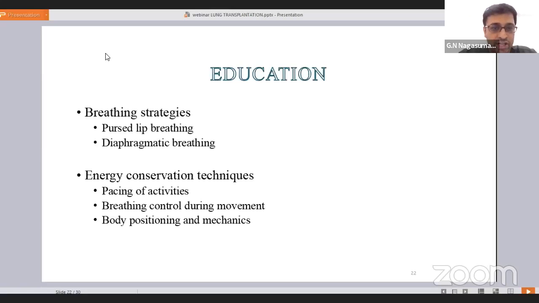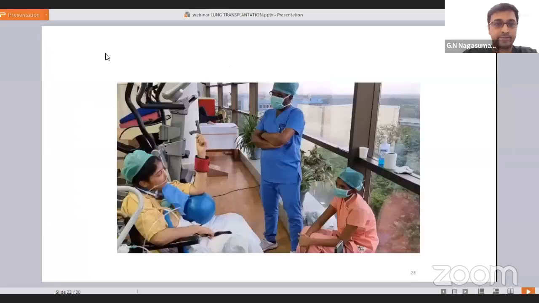So body positions and mechanics are very, very important. In some compromised positions, the patient tends to sit in a slouched position. When he's sitting slouched, he's increasing his intra-abdominal pressure, pushing his diaphragm up, and his thoracic cavity is being compromised. So we need to always encourage the patient to sit erect, to increase their lung volumes, to increase the lung vacuum. Only then will proper diaphragmatic activation be there.